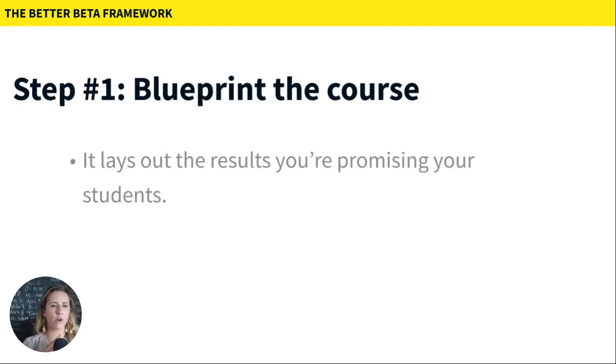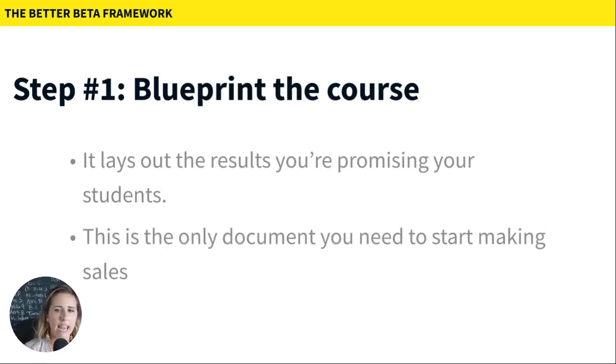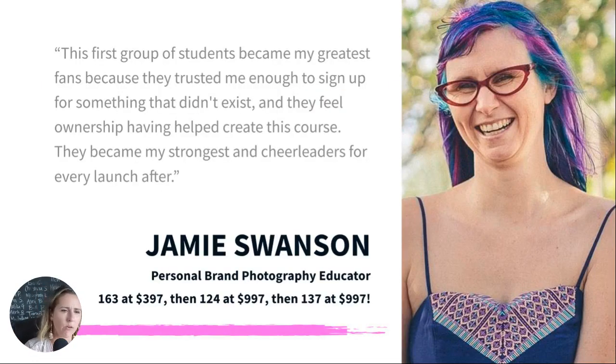So the blueprint for the course lays out the promise that you're making the students. We call these storybook endings in Build a Better Beta because it's really the promise you're making for them. And it basically lays out when you're going to host the events, like the trainings, because you're going to teach it live. So you work backwards from the storybook endings that you're promising, and you basically, like a syllabus from college, outline the expectations of the course. And it's literally the only document you need to make sales. You actually send people your syllabus when you're enrolling your first students. It lays out like expectations, that kind of thing.